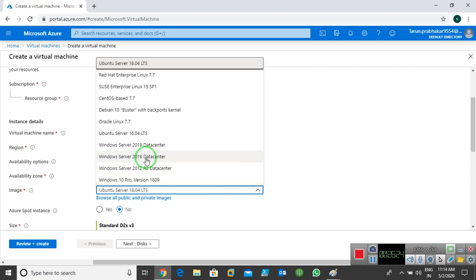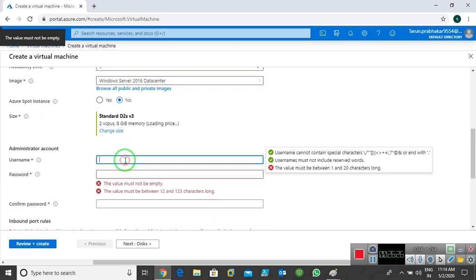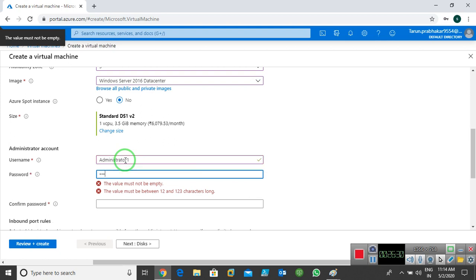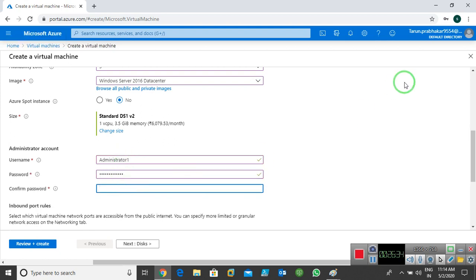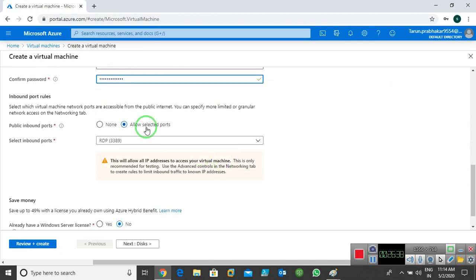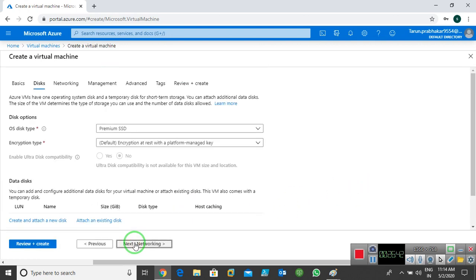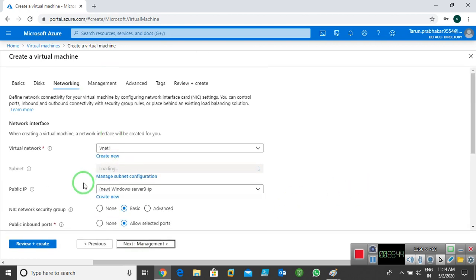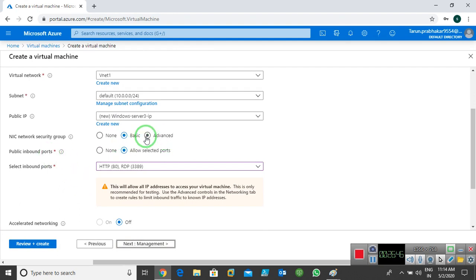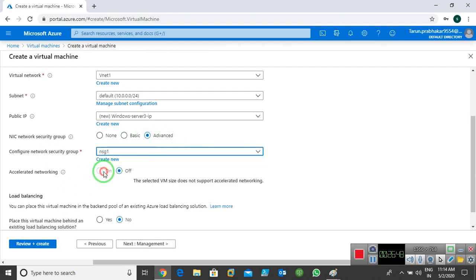Okay, I am using the 2016 server, and I give the username and password. I allow HTTP and RDP both. Next, premium SSD. Now over there I can choose my NSG1, which I already created.